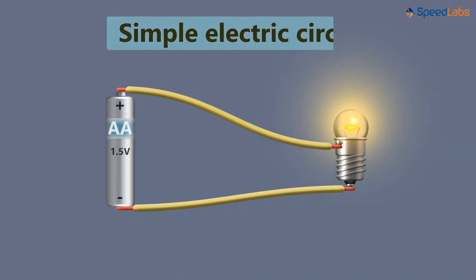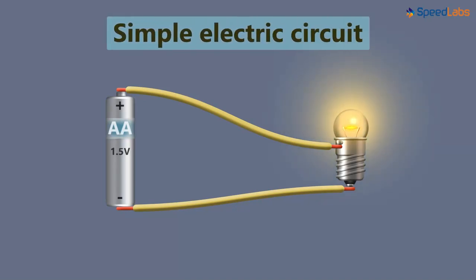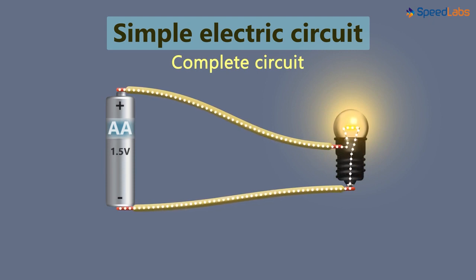We have seen this simple electric circuit in our earlier classes. Here, a 1.5 volt cell is connected to a small torch bulb. This is a complete circuit. That is, the electric current is flowing from the positive to the negative terminal of the cell and making the